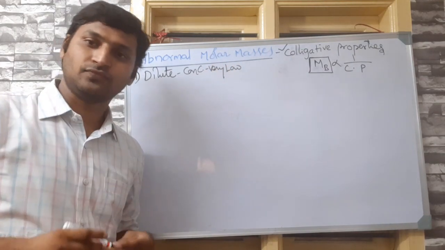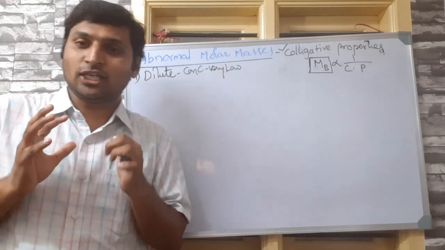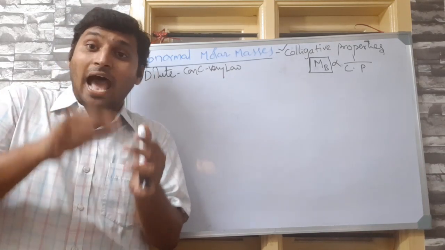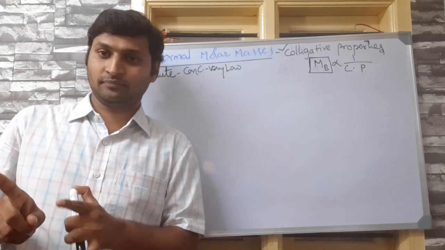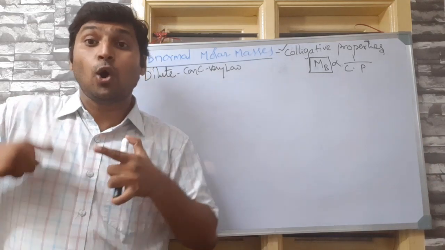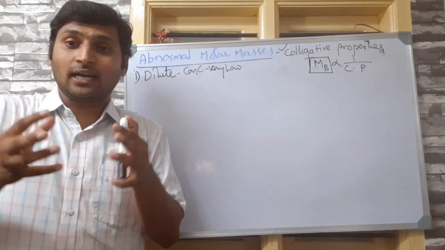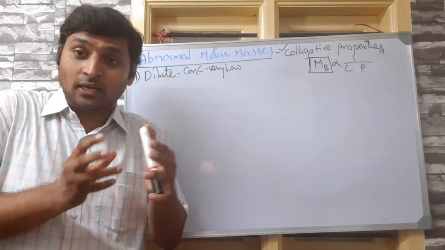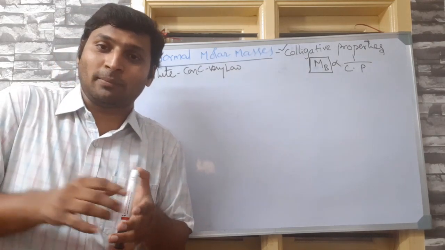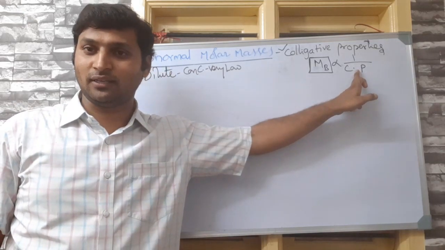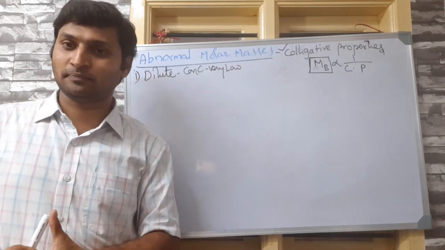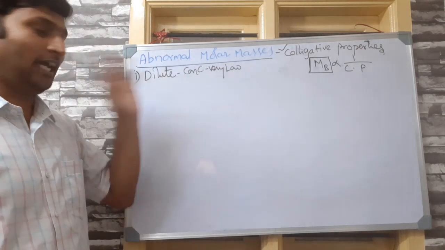Why? See, when the concentration is high, the solute particles will be interacting with each other as much as they interact with the solvent. Whereas if it is dilute, they will be very far away from each other, so they will be interacting only with the solvent. Whereas at high concentration, they will be interacting with each other. When they interact with each other, the nature of the solute also plays a prominent role in determining the colligative property. Then it will be against the very definition of colligative property. So, it must be a dilute solution.